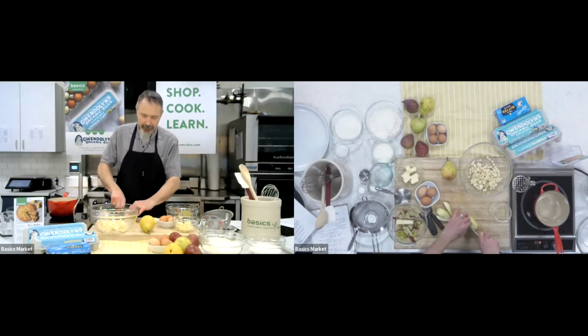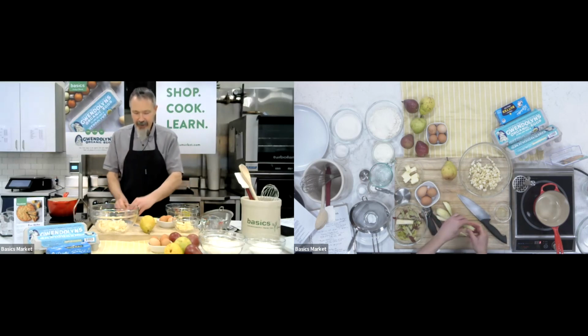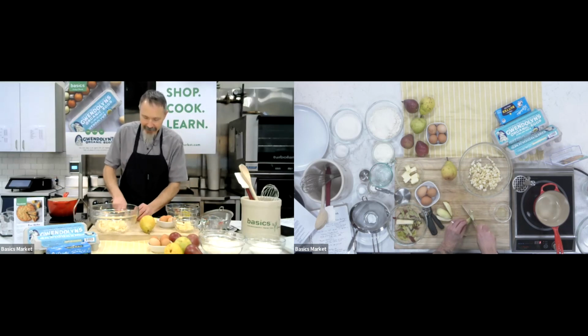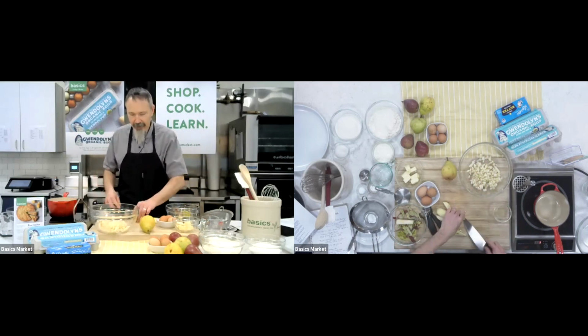We were looking for a really small dice with this, a quarter inch dice. So you want to make some thin slices like this. Then we can stack those slices and cut lengthwise, and then cut right across, and we get the little dice. What I'm going to do to begin is put all three diced pears